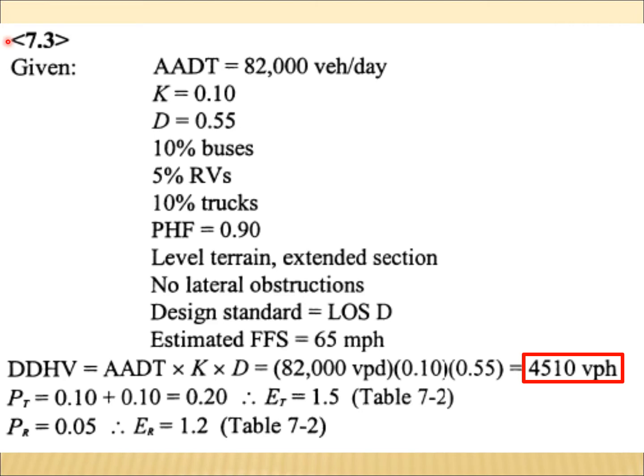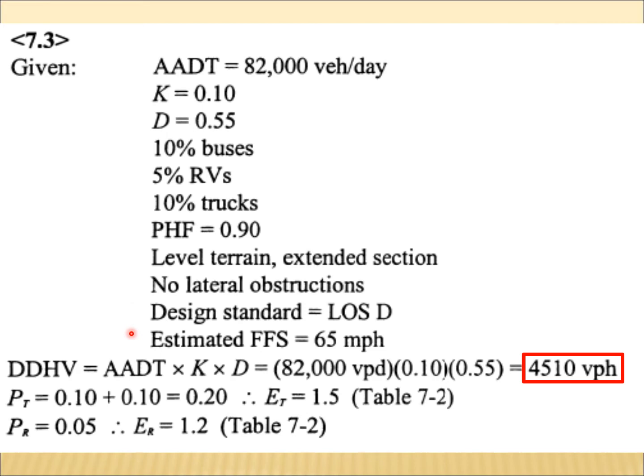Now look at problem 7.3. AADT is given, that is average annual daily traffic. K factor is given 0.10. D, that is the directional factor, is also given, that is 0.55. 10% buses, 5% recreational vehicles, 10% trucks, peak hour factor 0.9, level terrain, extended section, no lateral obstructions, design standard LOS level of service D,